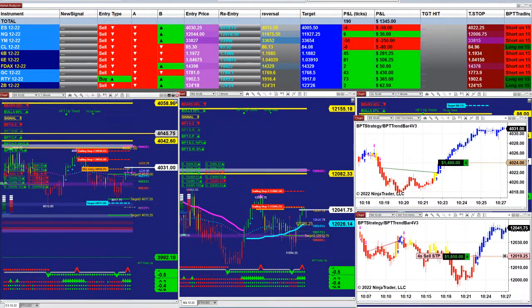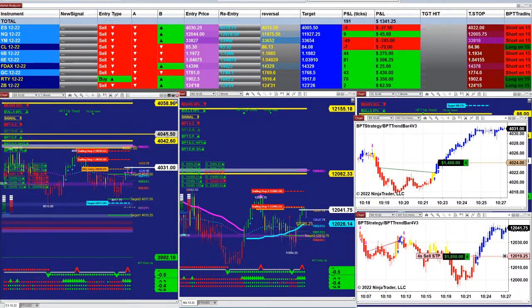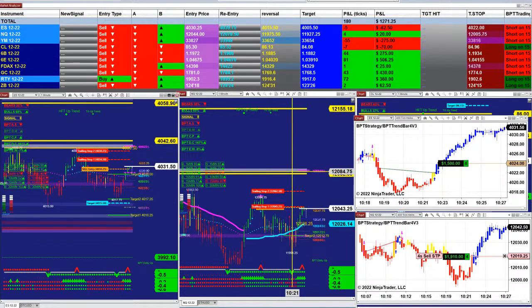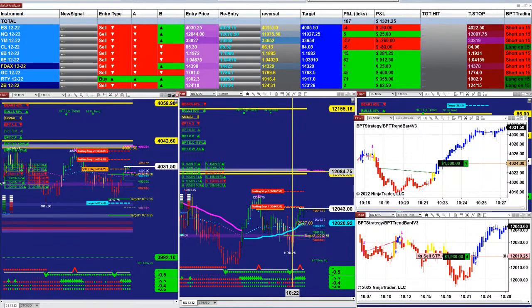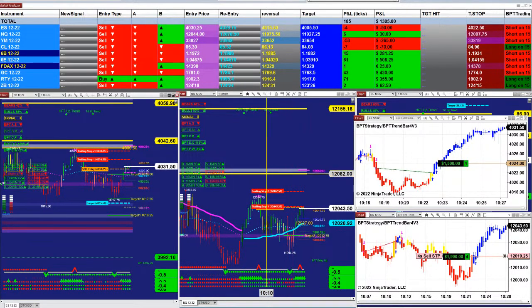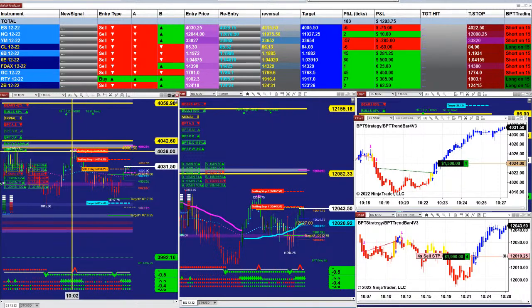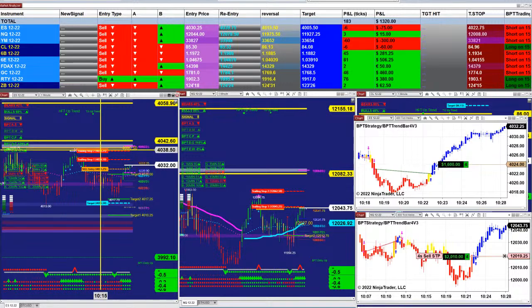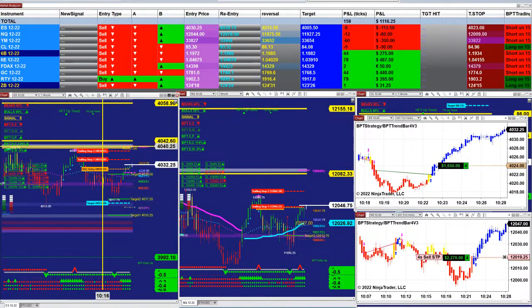So we are still struggling to break those resistances, and by the time this ES hits the 4040, the 12084, we will hit it with the Nasdaq. They are working together, you can see that. So we need to break that number here desperately,